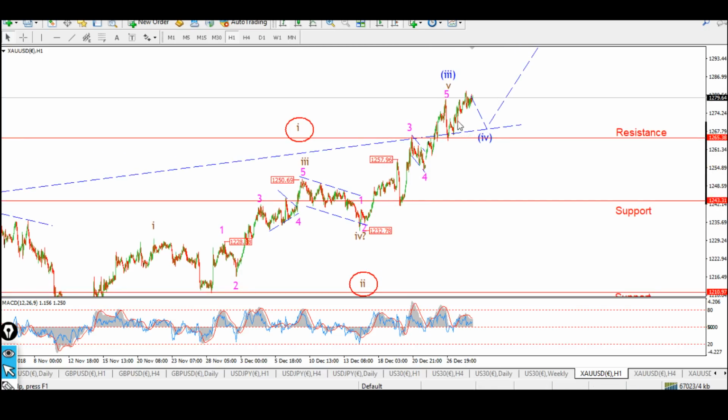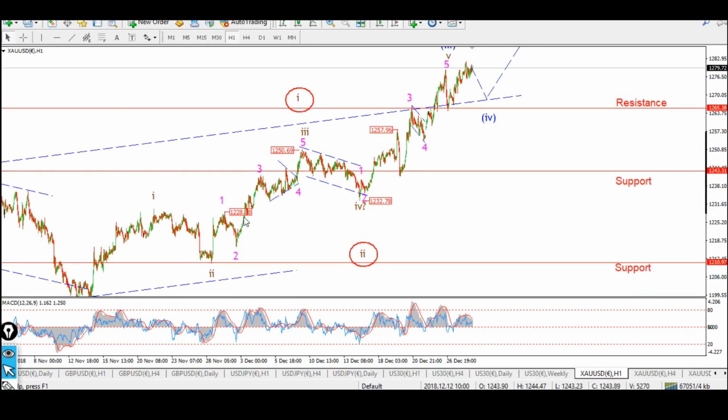The move over the last couple of days fits better, I think, with a B wave rise. So I should actually get some labels in on that. It fits better with a B wave rise rather than a